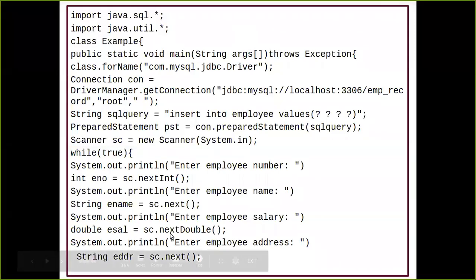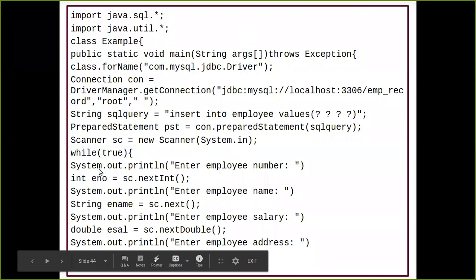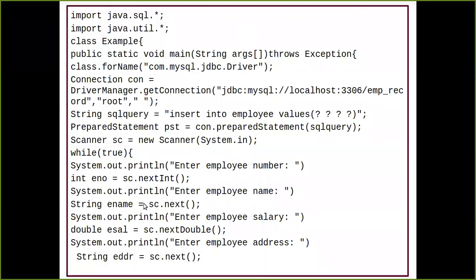Now I hope this is very much clear to you all. And what we are doing over here, we are just considering that whatever value we are accepting, it is not coming from the text field. Simply we are having a web page like your command prompt where we generally give a print statement, enter the employee number. Whichever value has been given over there, we'll be putting into the variable, and whatever type of variable we are declaring, that value is going to be stored in that particular format. So this is the way we have accepted the value. That's why for accepting the integer value, fetching from the client end, we have the next int method.